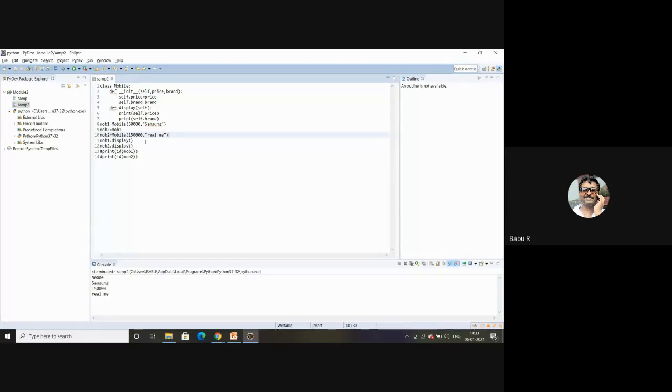Here I want to demonstrate one more case: if I change the value here, that will not get reflected. For example, I want to change mobile2 dot brand as,